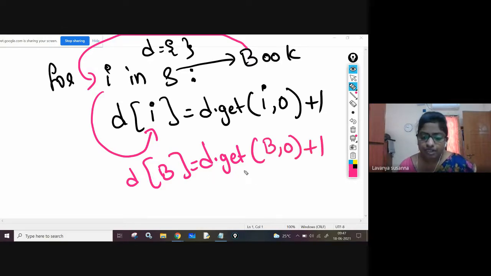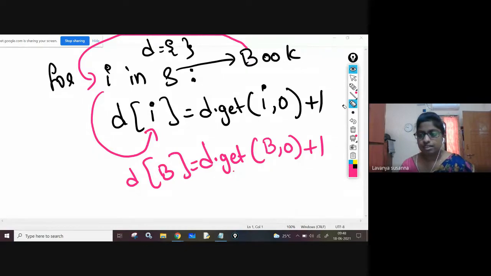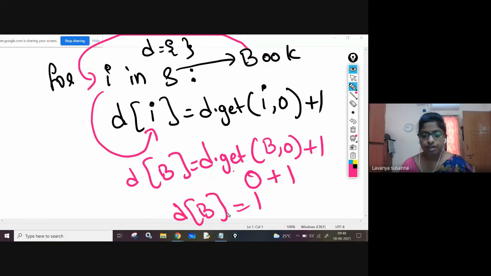See, what will the get function do? It will return this B's value. Actually D is empty, there is no B at all. So if there is no key, then it will return 0. What is the second argument you have given? 0. Then this function will return 0. 0 plus 1 equals 1. D of B equal to 1. You have given like this.